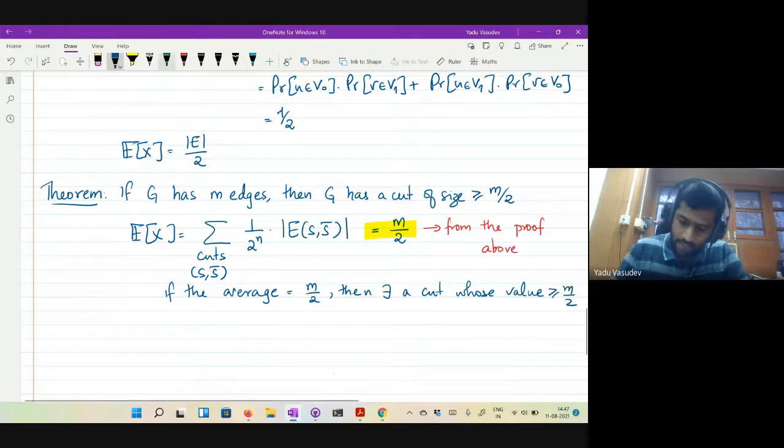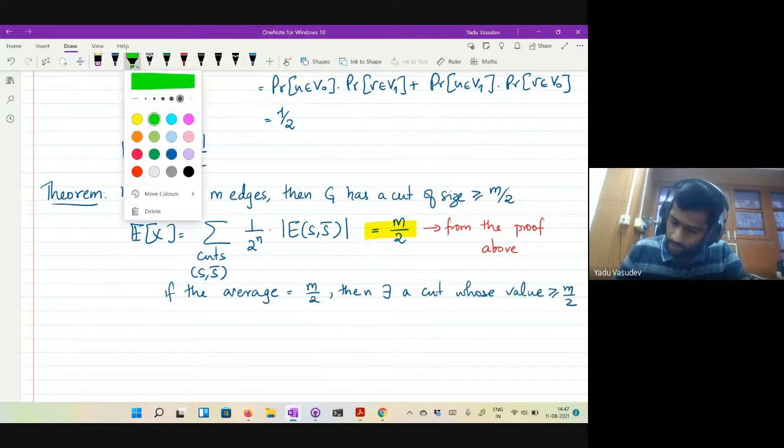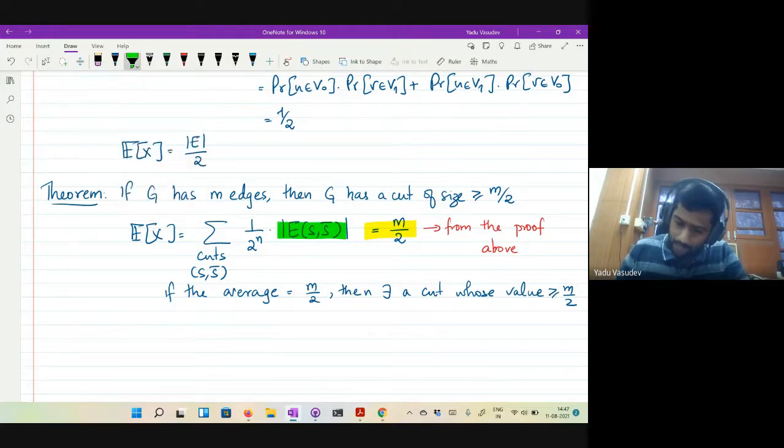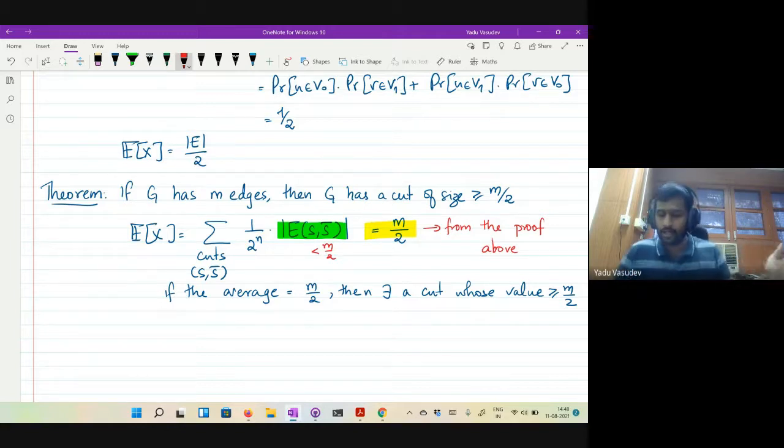Because if all of these values, these are the values that we're looking at, were less than m over 2, then the sum would also be less than m over 2. There are 1 over 2 power n cuts, and each of them gives you a value of less than m over 2, so the sum is also going to be less than m over 2, whereas we know the sum is equal to m over 2, which means that this graph must contain a cut of cardinality at least m over 2.